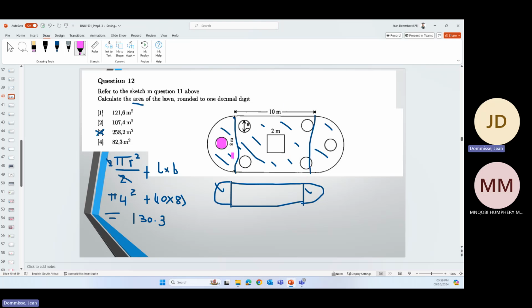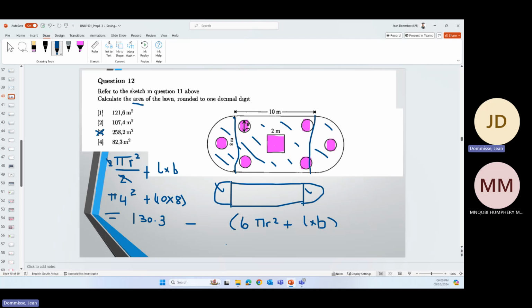Now we need to subtract these components. Okay, so we can see there are 6 circles. So those 6 circles, the formula is 6 times pi radius to the power of 2. And we will need to subtract that square. Okay, which is, the square is length times breadth. So that is what we need to subtract from this bigger